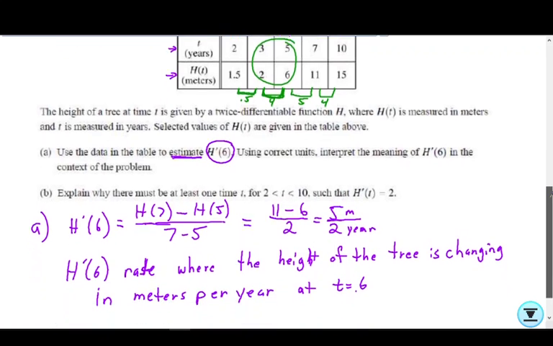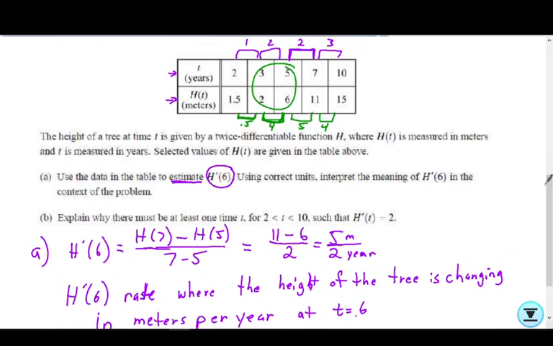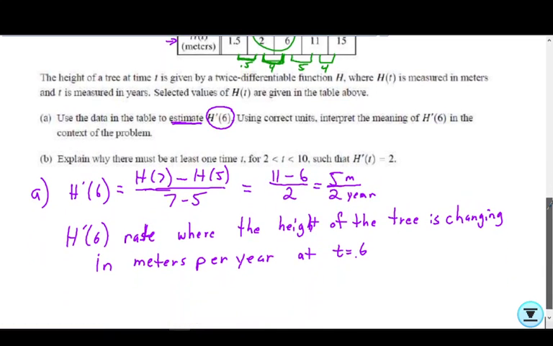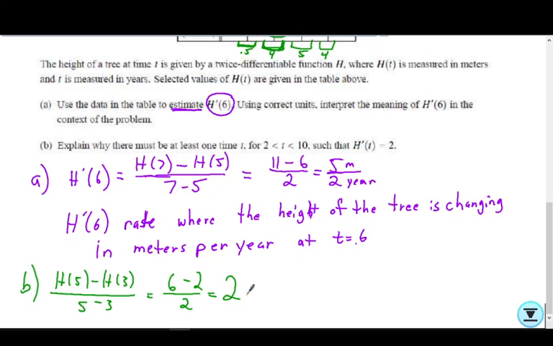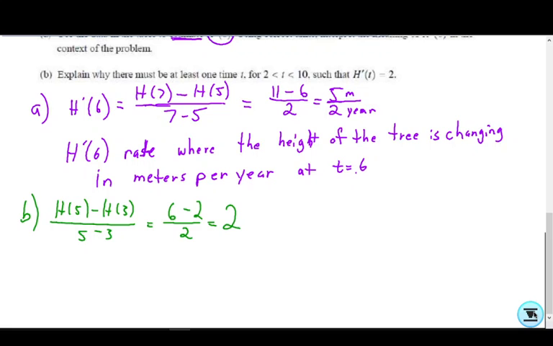That is our mean value theorem. So part B is basically asking us to do the mean value theorem. And the mean value theorem says the average slope between 2 points has to equal the instantaneous slope somewhere there. Because you can't get from one to the other without going through all the ones in between. So for part B, we say, if we look at h of 5 minus h at 3, the average slope, that's 6 minus 2 over 2, which is 2. Since the average slope between those 2 points is 2, we can say